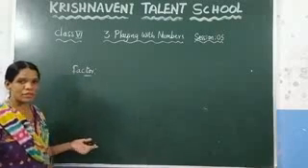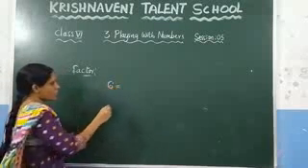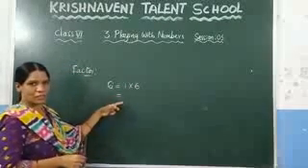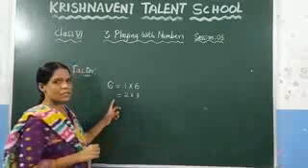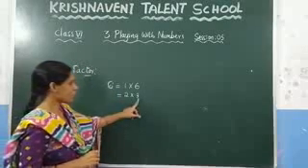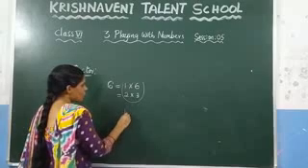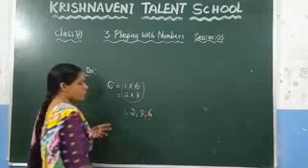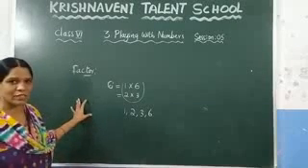Now, how do you find the factors? We already discussed. If you want to find the factors of 6, you need to write 1 into 6, and after 1 you will get 2, 2 3s are 6, right? And similarly after 2, what will be there? 3. We already wrote 3, so you need to write in this way. So what are the factors? 1, 2, 3 and 6. If you are given a bigger number, you can follow this method to find the factors of the given number.